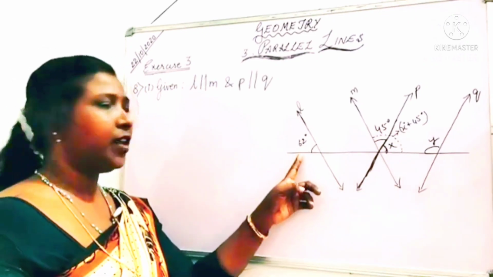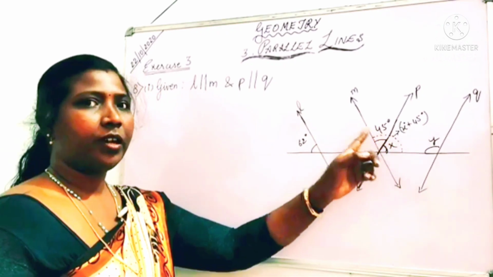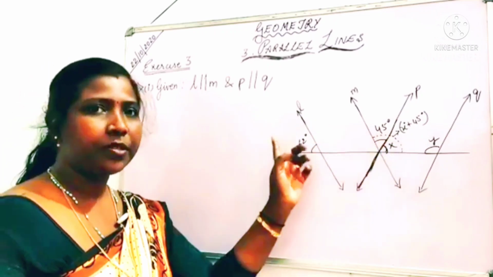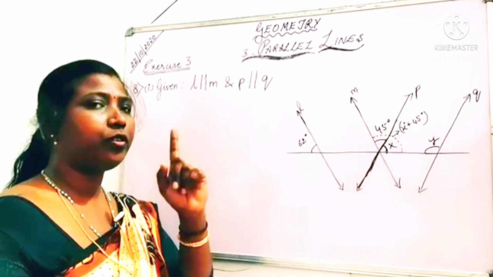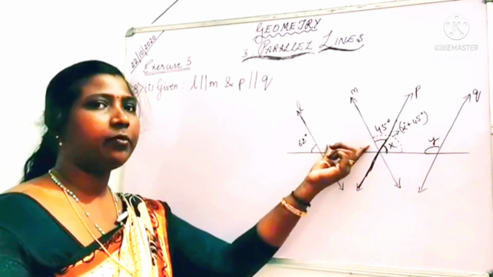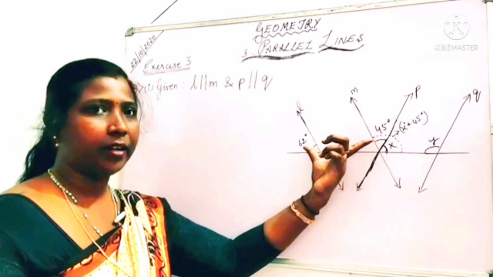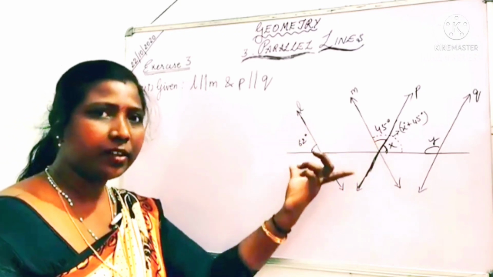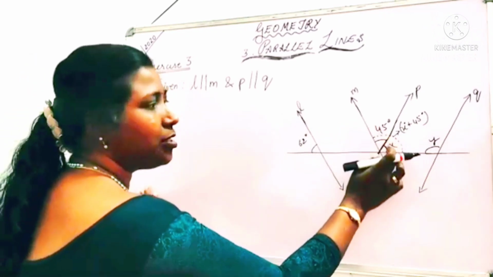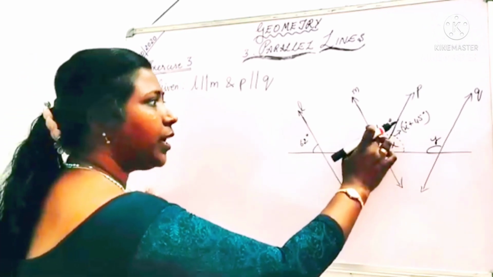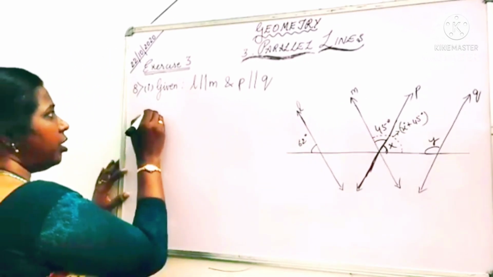Now see, you are seeing that in the transversal, both the angles are on the same side. By listening that the same side, first we are noting down, when the angles are inside, that means it is co-interior angles. Now it is an outer part of the parallel lines, so can I take it as co-exterior angles? Yes. Now here this is co-exterior angles. I am just taking these both the values together, x plus 45 degree, because we don't have the value of x.